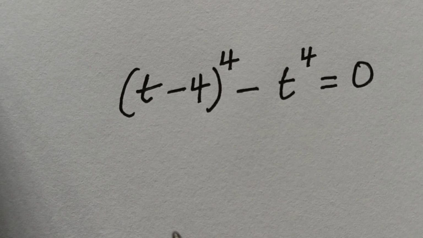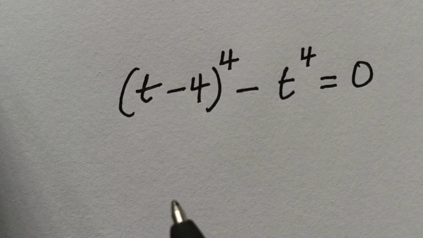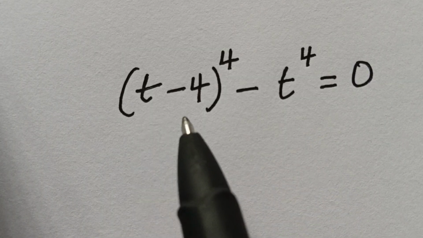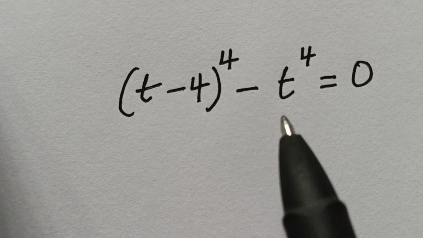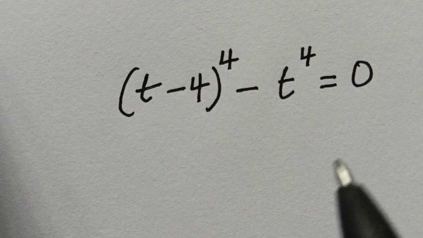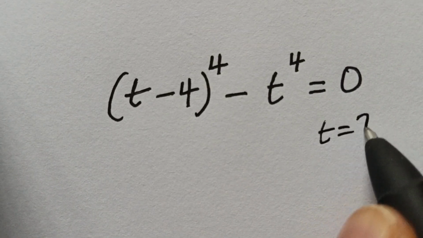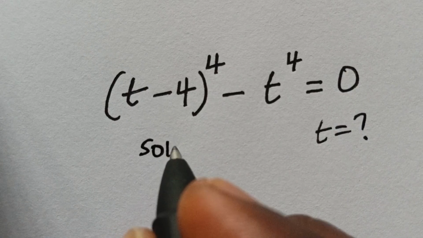Hi guys, how do we solve this fourth degree equation? (t minus 4) to the power of 4 minus t to the power of 4 is equal to 0. We want to find the value of t. Solution: